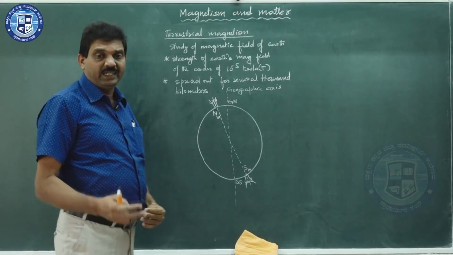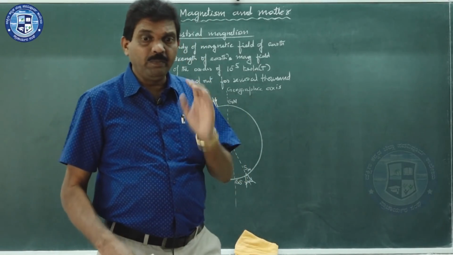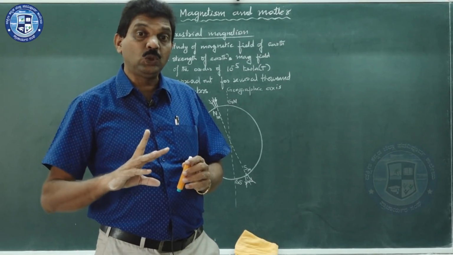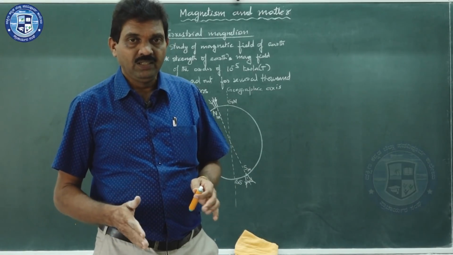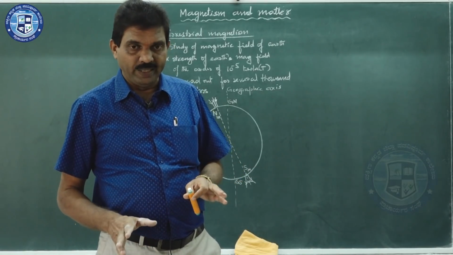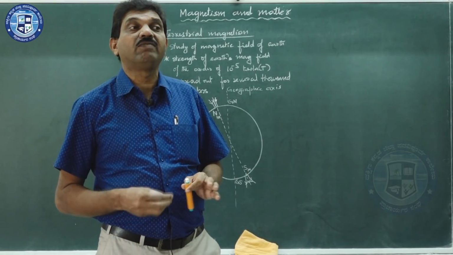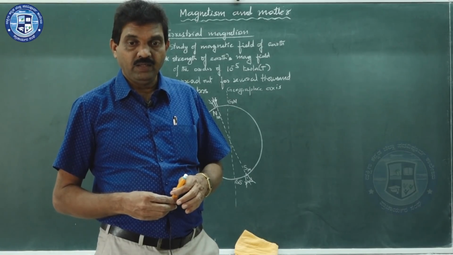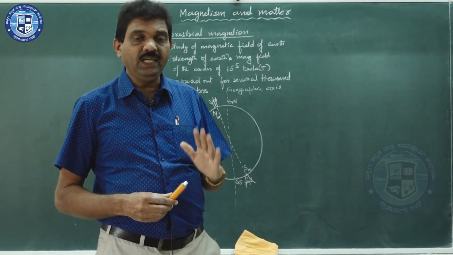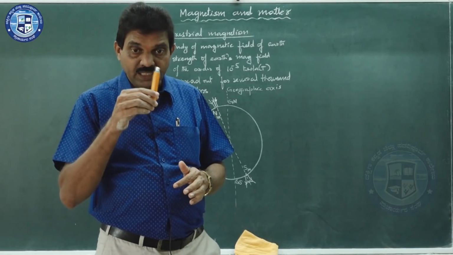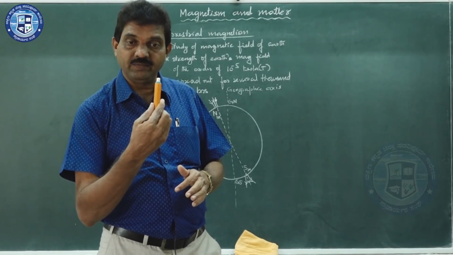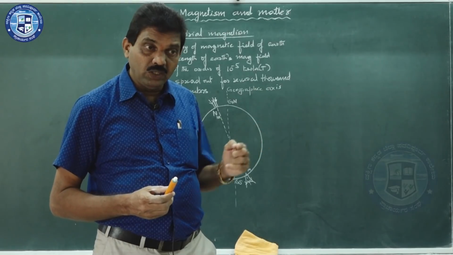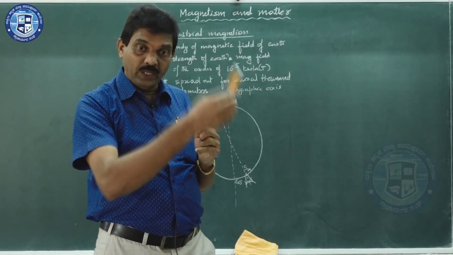Now, suspending a magnet, this is very important in the study here. Suspending a magnet means it can be suspended in two ways. You can imagine that. How can it be suspended in two ways? You can just imagine the case of a fan, a ceiling fan, how it is suspended, and a table fan. A ceiling fan has a vertical axis and it is rotating in the horizontal plane, whereas the table fan is suspended in the horizontal axis and rotating in the vertical plane.